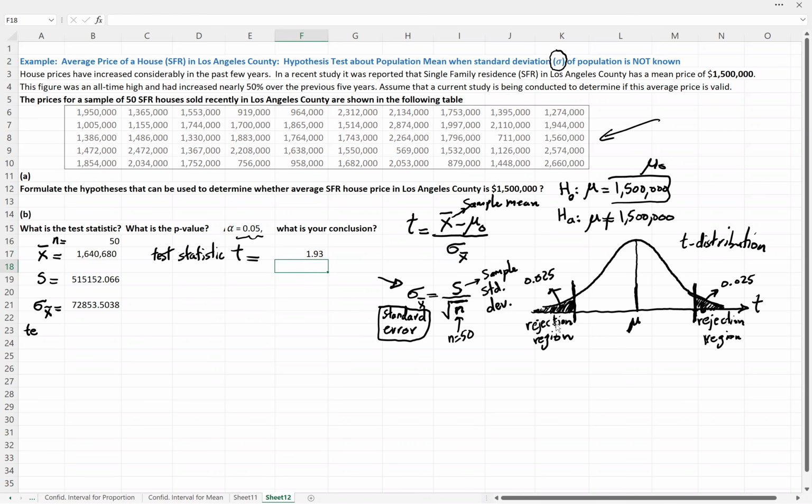To do that, the best thing we can do using a p-value approach is we already know the probability associated with either the upper tail or lower tail is 0.025, coming from alpha over 2, when alpha is given to us as the 0.05 significance level. So I'm going to compute the p-value. Okay, so the p-value is equal to